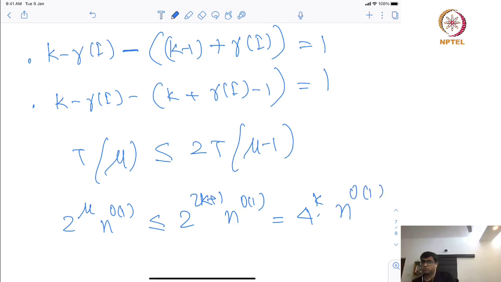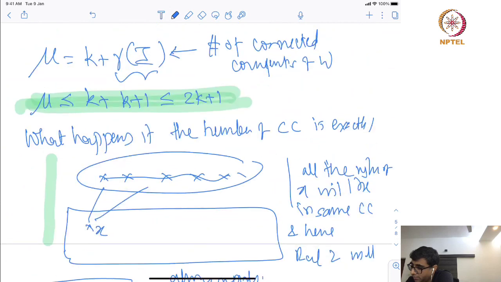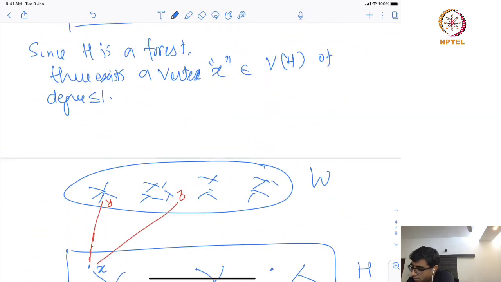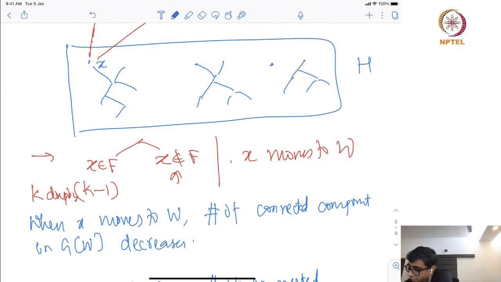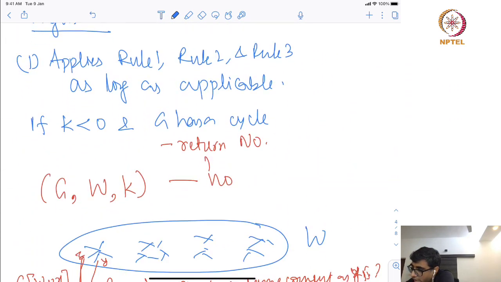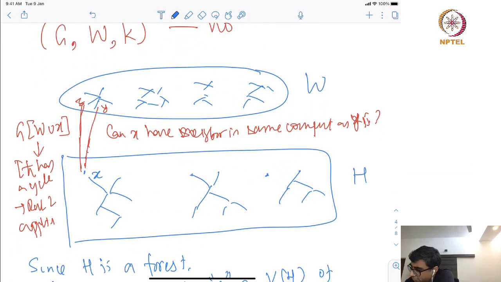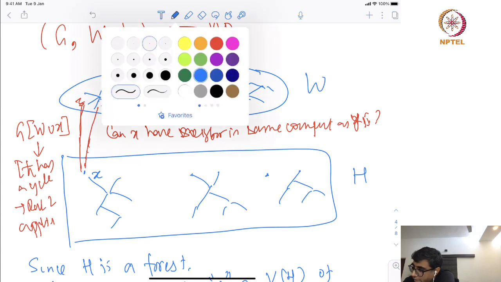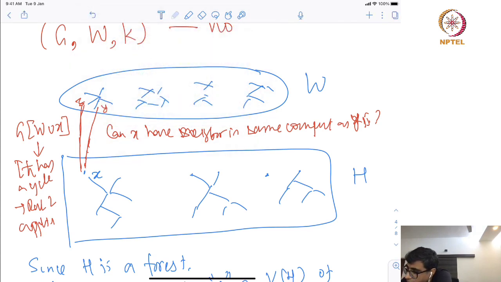One thing I did not tell you is that here we said to look at a vertex, but we are only looking for a vertex of degree at most 1, right. So you could also have a vertex of degree 0. If you have a vertex of degree 0, then where are its neighbors? It's easy to see that it has at least 2 neighbors for sure, and they must belong to 2 different components, because otherwise if they belonged to the same component, reduction rule 2 would have applied again.